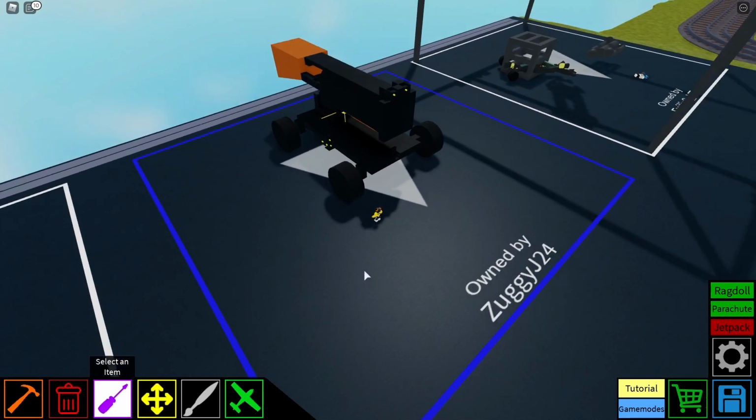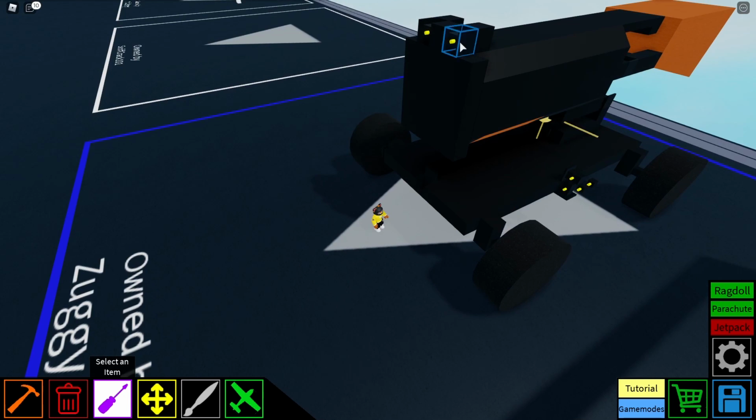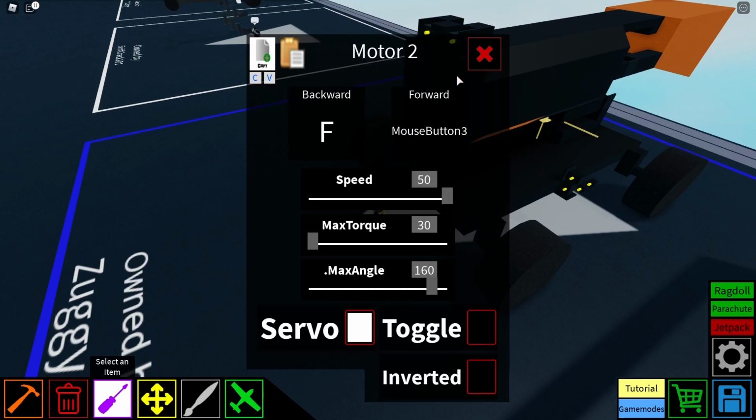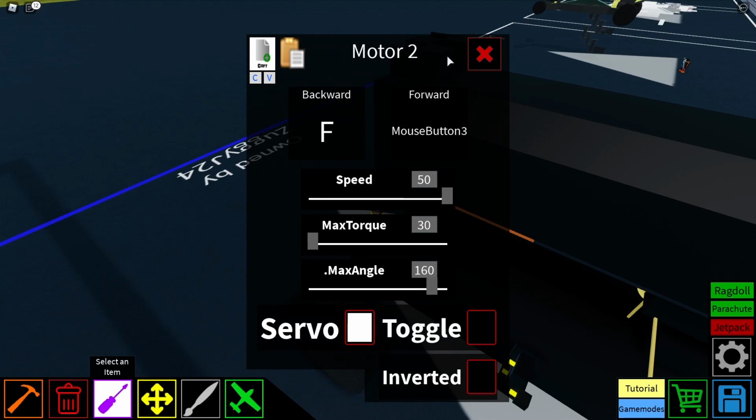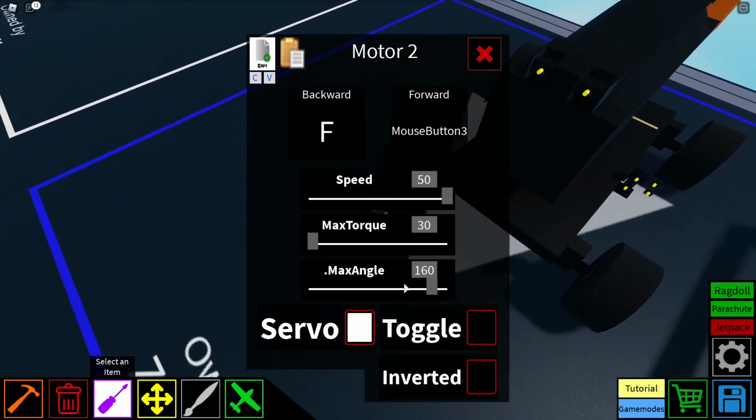Now, the last thing you guys are probably going to be asking is, Zuggy, how does this thing work on the front? Most people don't know this about Motor 2. Well, most experienced players do, but a lot of newbies, like whenever I was new to the game, I had no clue you could do this with the Motor 2. Motor 2s are normally controlled by your mouse. So wherever you point your mouse, it'll either go up or down or side to side, depending on how you have it placed. But you can set it to servo mode, which allows it to be set to a certain